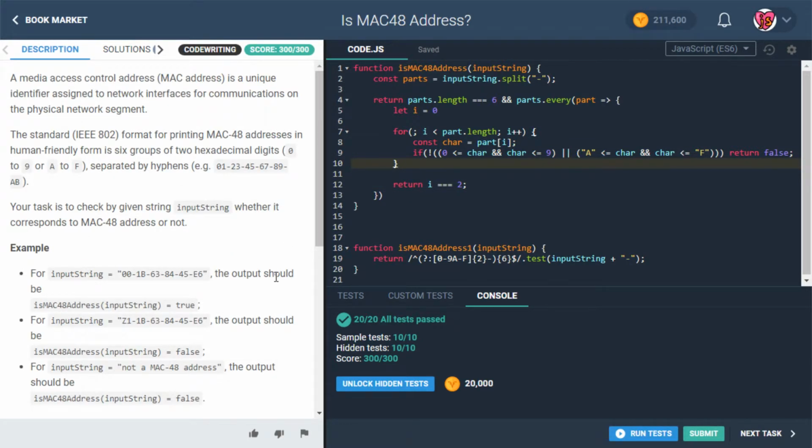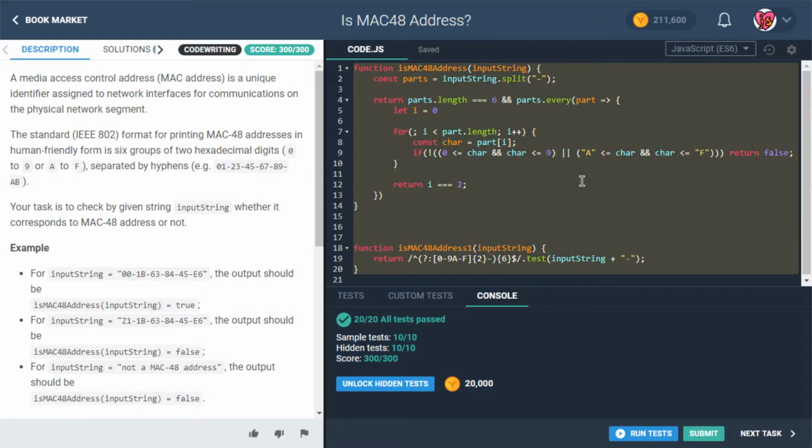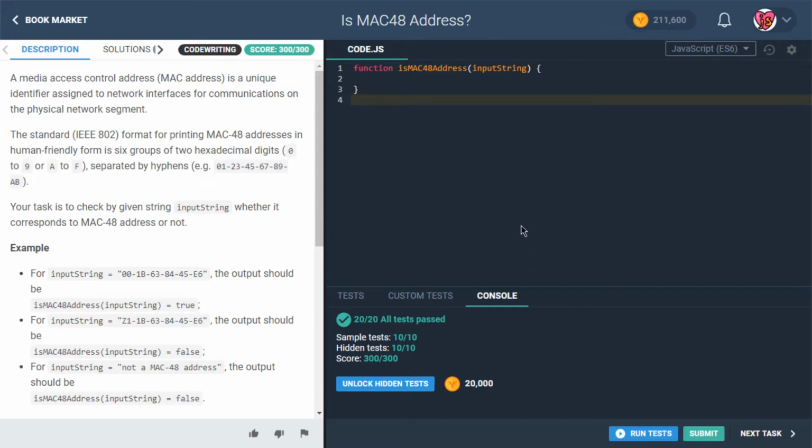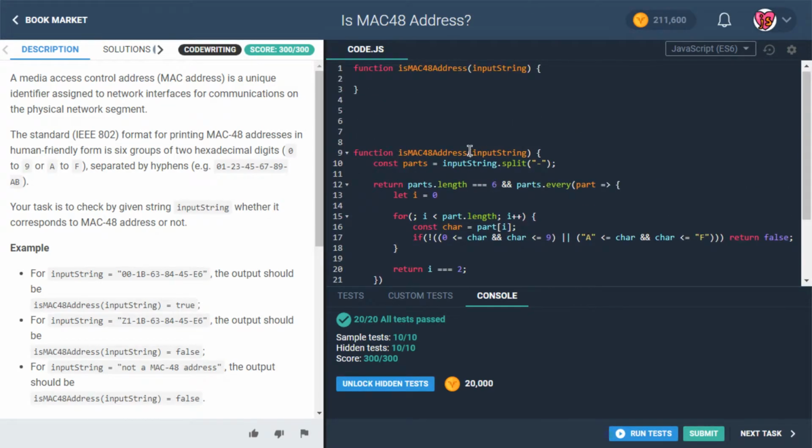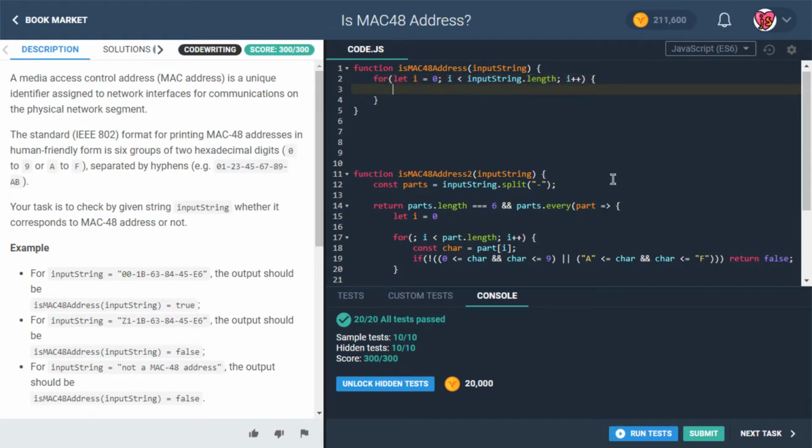If I'm being real with you guys, I'm thinking there's probably a better way to do this. Whoops. Let's not select all, but yeah, okay. Here, let's put a 2 on this one. Let's do something like this. So we'll say for let i be assigned the value 0, i is less than inputString.length. Oh yeah, I said I was going to change the loop down here, but I changed it in a different way. It's fine. i plus plus. Okay, so this is something that's going to go through the length of the input string here, and basically what we'll say is,